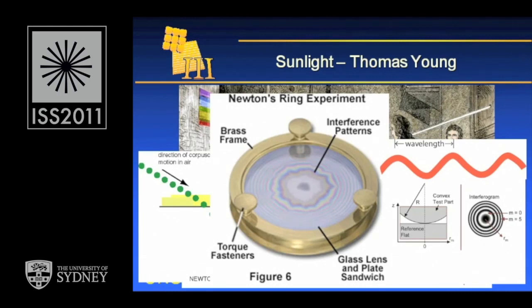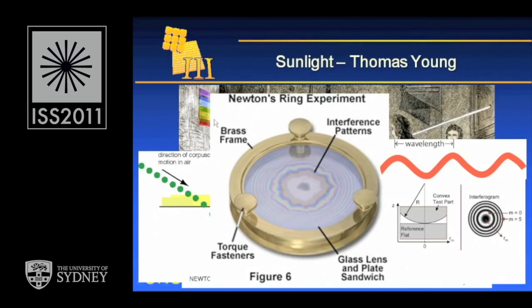The important parameter in Young's work was the wavelength of the light, the spacing between the successive peaks. He actually took Newton's own data and showed that you could explain it quite well using this wave theory,